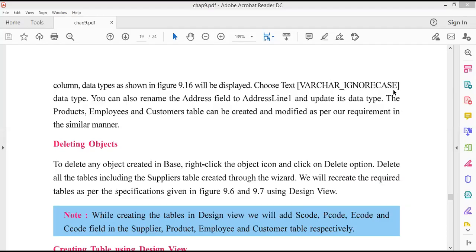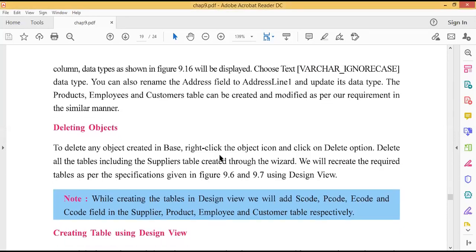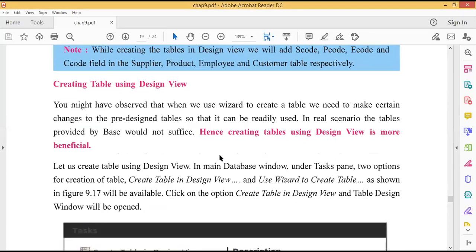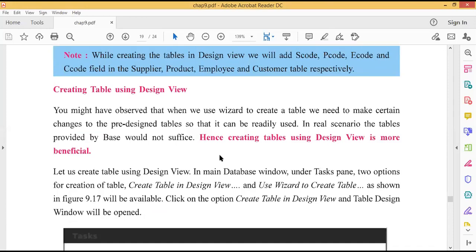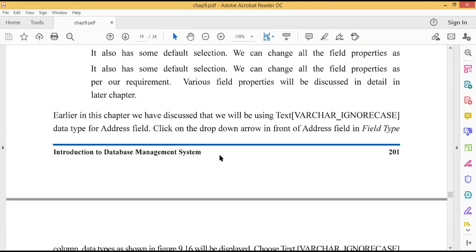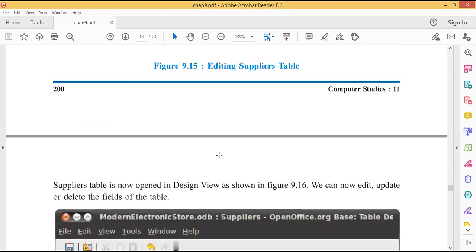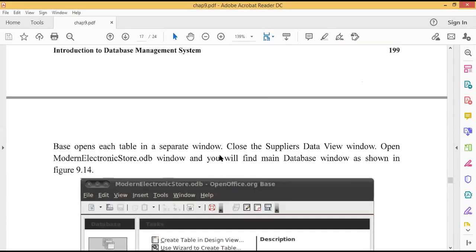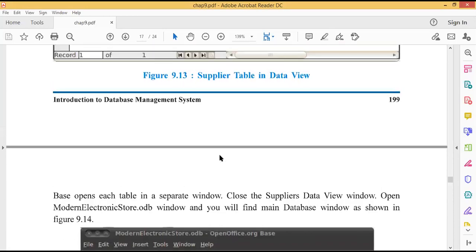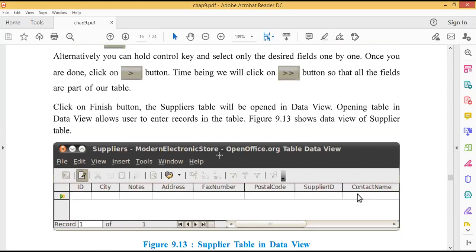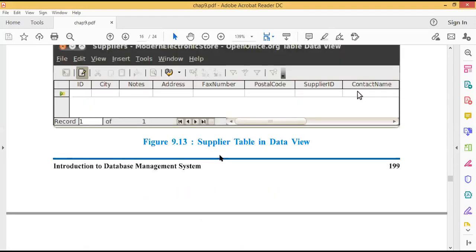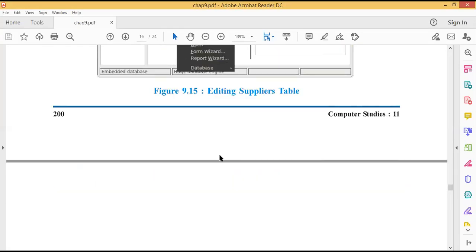Hello everybody. Today we'll continue this session on how to create a table with the help of Base. There are two ways to create a table. One is from design view, and another is through the wizard. In the last session we already covered how we can create a table with the help of the wizard. Wizard means there are already steps created. You just follow the next steps, you just click on the next button. See, all these contents show how to create a table with the help of the wizard.